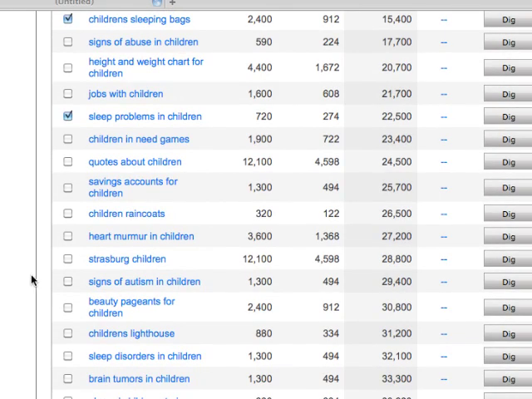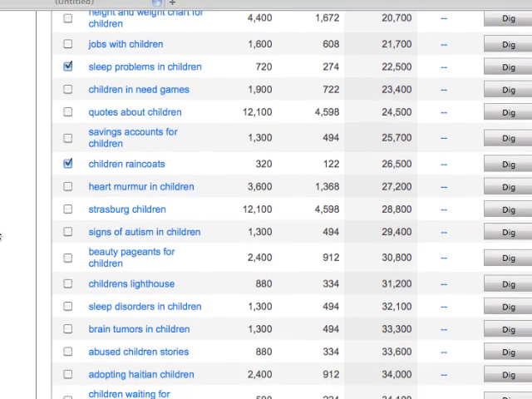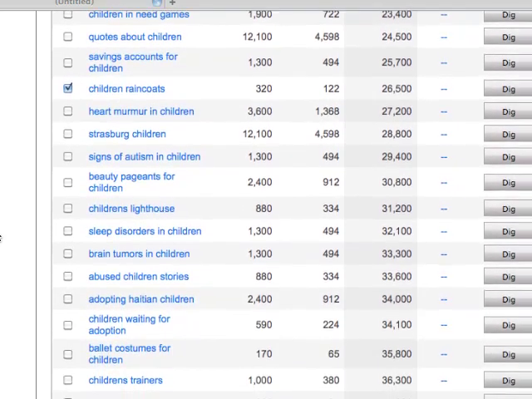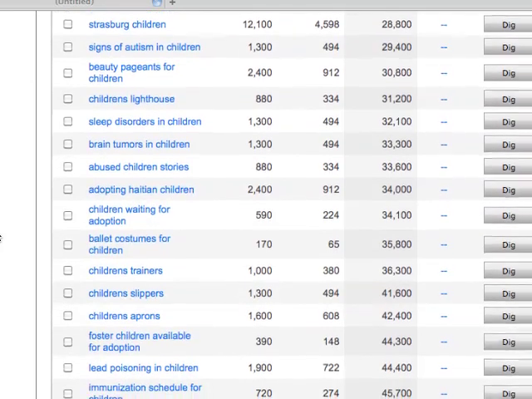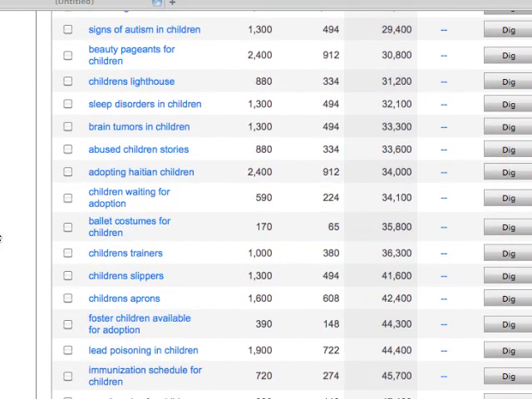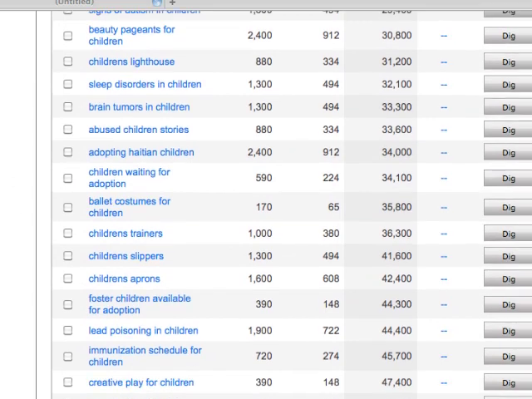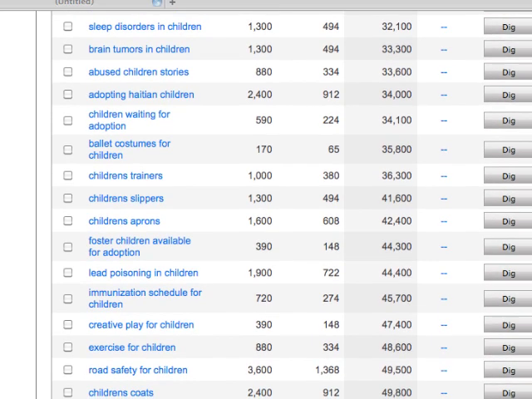If you were going to buy the other children's raincoat, you'd probably want to pick up children raincoats as well. There's an interesting one: adopting Haitian children. Children's trainers, children's slippers, children's aprons. That's a fascinating one. Children's aprons, okay? I didn't know there was such a thing as children's aprons, but I bet you we're going to find that,